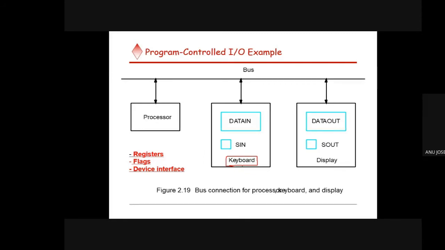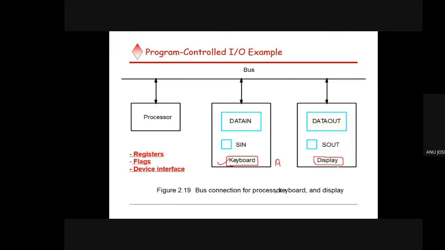So we'll see, this is the input device we are having, the keyboard, and the display device wants to display. Here I type the character A from the keyboard. I want to display that character in the display device. Please listen, just 5 minutes is enough for this, you just understand. I told you a buffer will be there, a small storage area present along with your input device, and that is called the data in register.